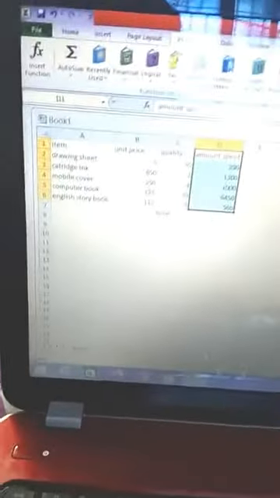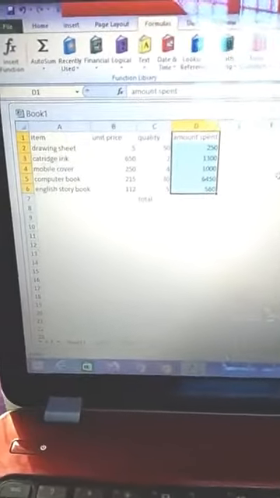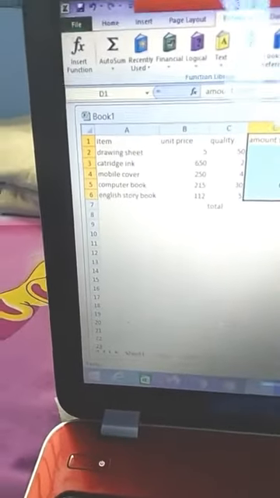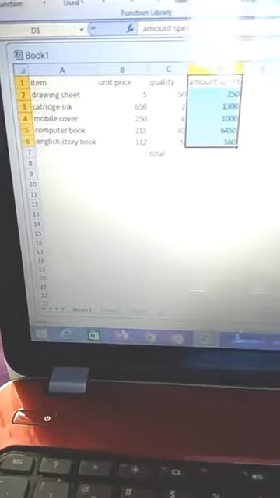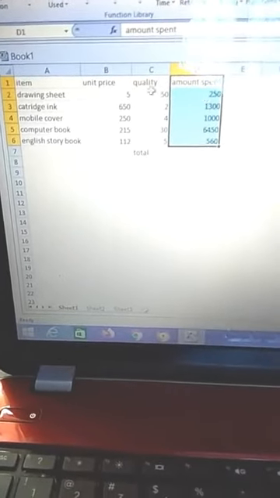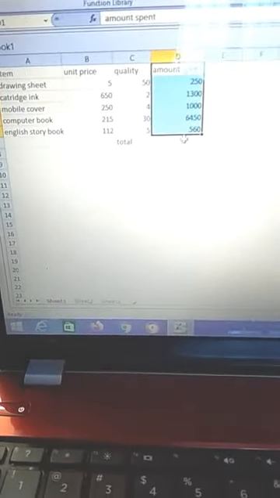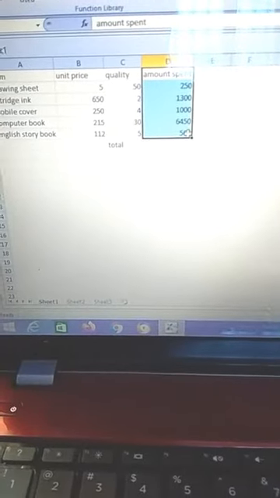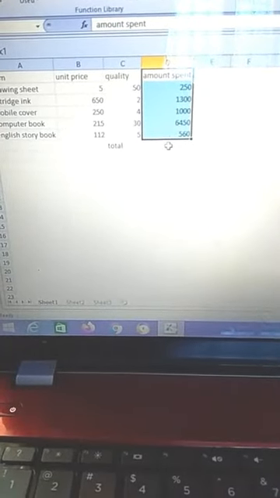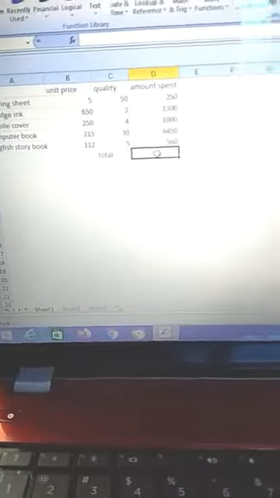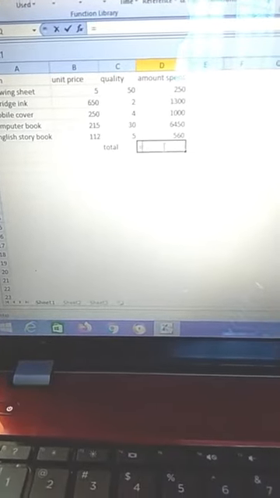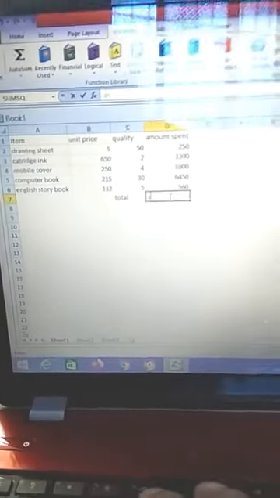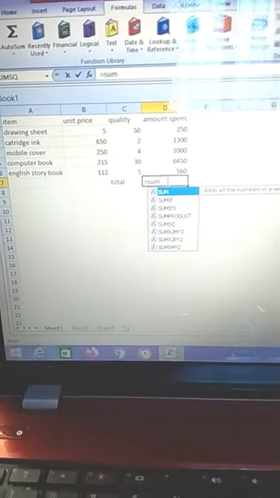Students, you can see there is data given in your book, and firstly we have to do the sum of this section. So here we can select this section, and there is also an option: we have to put equals sum, under bracket,